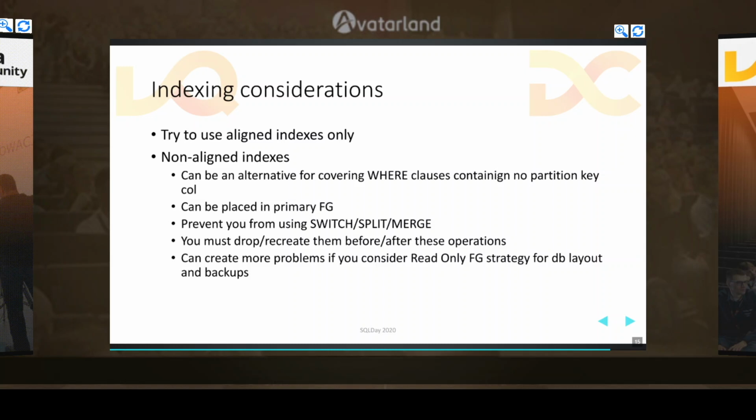So an aligned index will be created in a specific partition and will cover the partition data only. Non-aligned indexes can be created on the entire table, so non-aligned indexes will include data from the whole table. I mentioned that when we want to implement partitioning, we have to